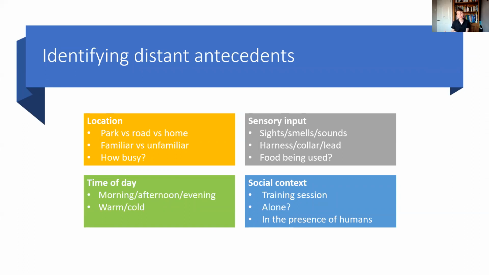Similarly, you might have a location-based problem in the sense that unknown humans in the home are a problem, because there's some fear around territory, whereas unknown humans in the park and on the road are absolutely fine because the dog doesn't consider that their main territory. Also consider whether the location is familiar or not. Familiar locations might be a good thing because the dog might feel safer and more confident there, whereas in an unfamiliar location you might find they're more prone to responding aggressively, because they're already set on edge a little by not knowing the location, and by having to process all this new information: the new smells and the new sights they've not seen before.